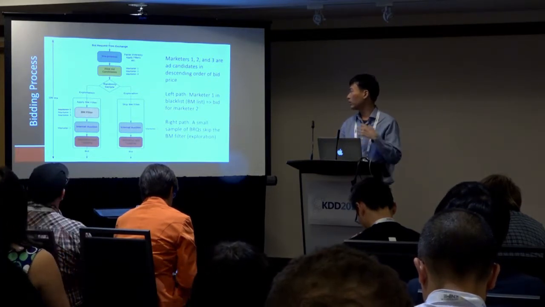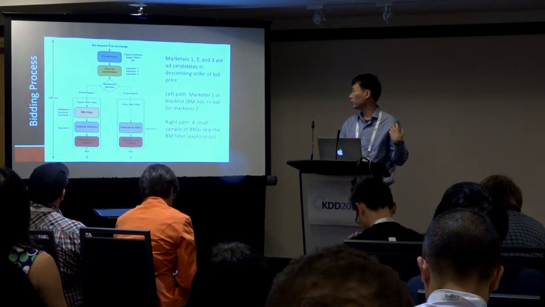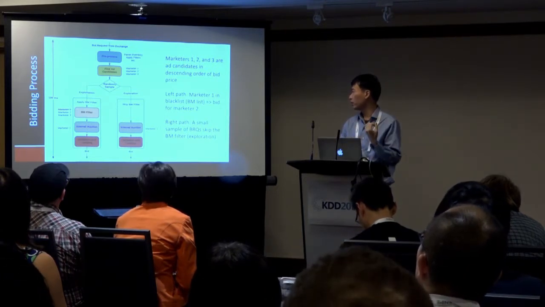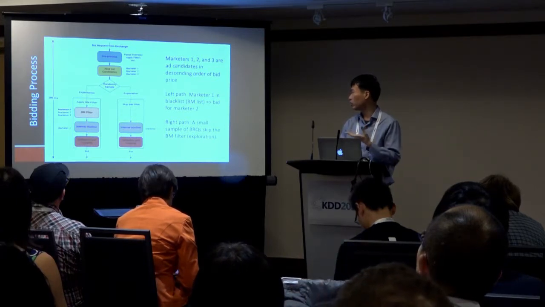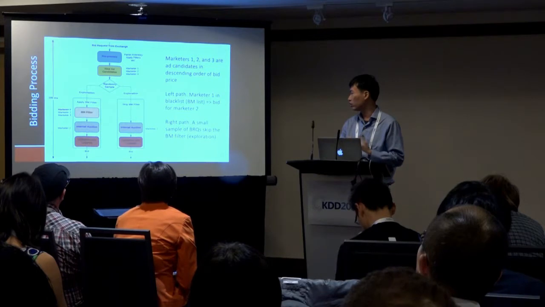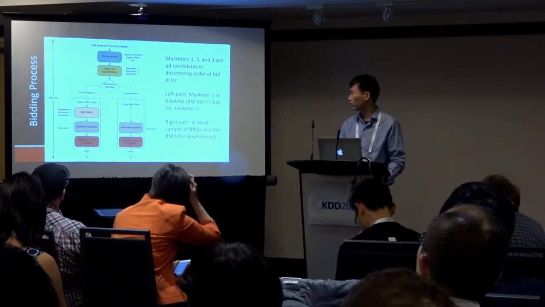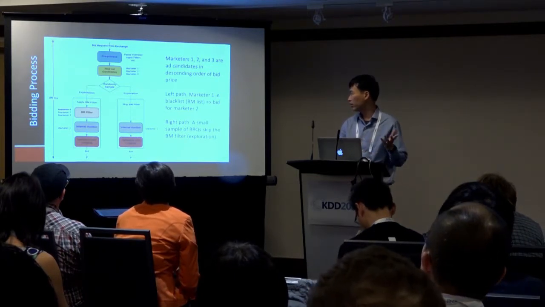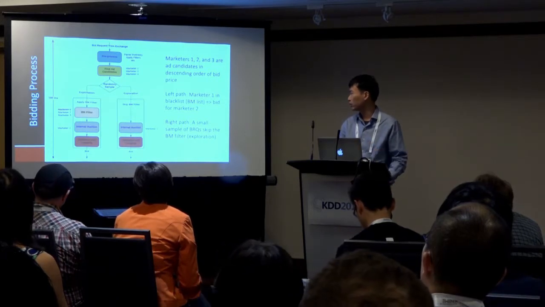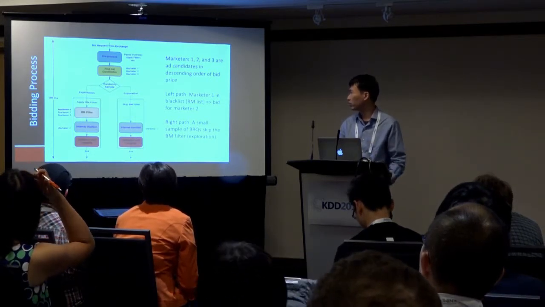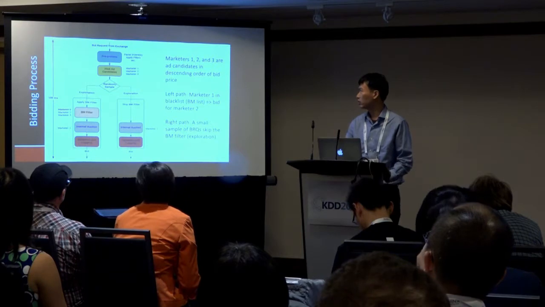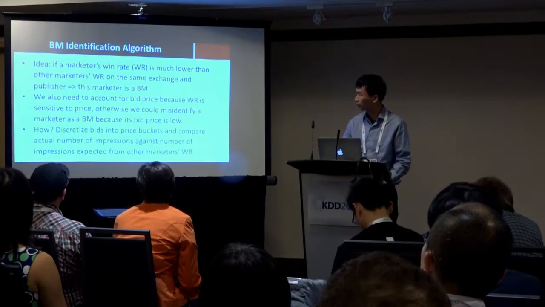So we have this banned marketer filter. When the filter tells me marketer 1 seems to be in the blacklist for this publisher, instead of bidding on marketer 1, I'm bidding on marketer 2 or 3. And in this case, marketer 2 has a higher price, so marketer 2 wins in the internal auction, and then gets sent to the bid. And on the right side, there is the exploration path, where I don't apply any filter at all. So in this case, marketer 1 will still be submitted, assuming it has the highest price among all 3 marketers. And all of this has to be done within about 100 milliseconds, actually more correctly 50 milliseconds. So that's why latency is very important in this problem.